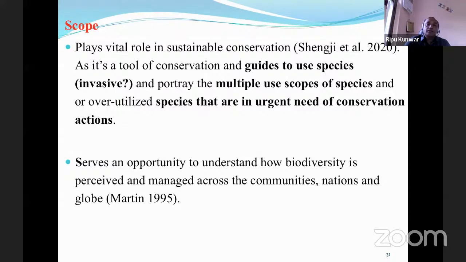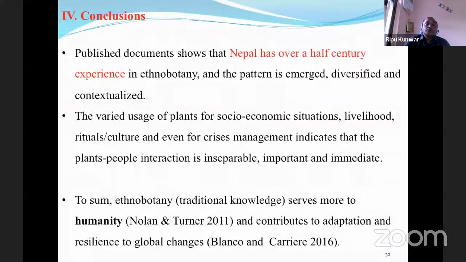So it gives us ideas for conservation, and also serves as an opportunity to understand how biodiversity is perceived by local communities, and how biodiversity has been managed across communities, across the nation, or even the world. So we can upscale or replicate this success story in other parts of the country. So to conclude,